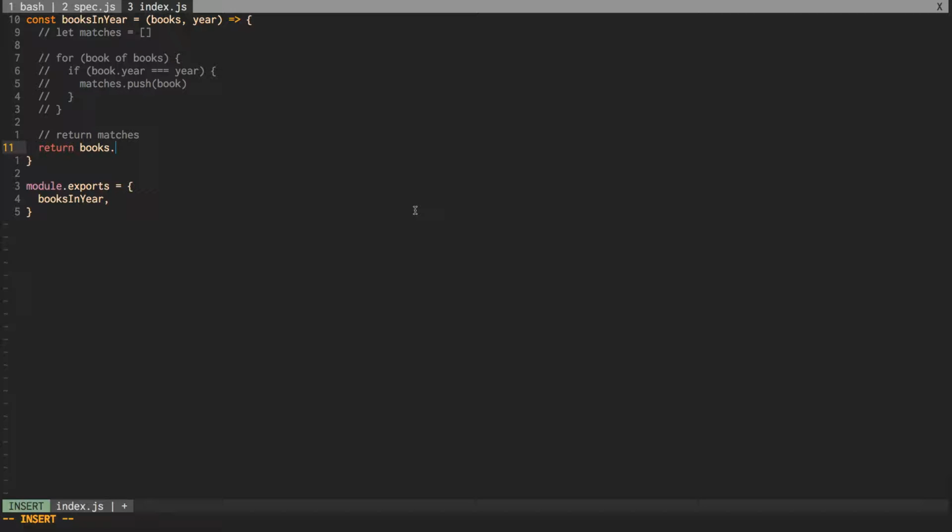comes in, and we're going to call filter, and filter takes a predicate function, and all that means is it needs to return true or false. And in JavaScript, I guess it could just be a truthy or falsy value. But we want to say, hey, we're basically going to use this same condition that's within the if. We'll just paste it here. So if the book year equals the year,